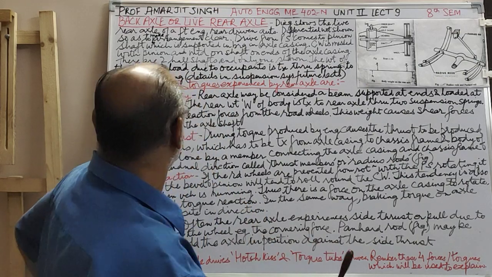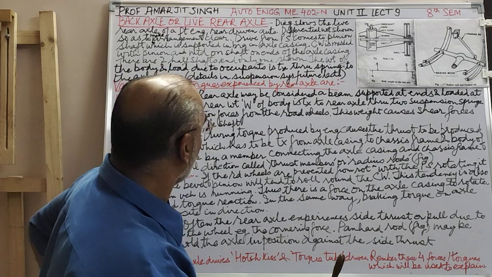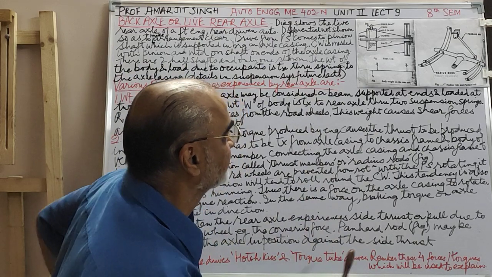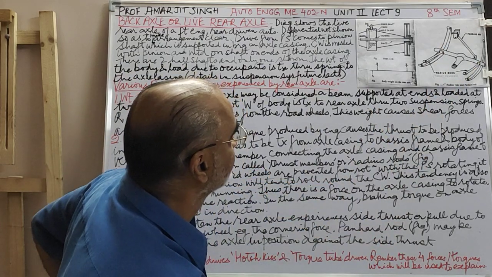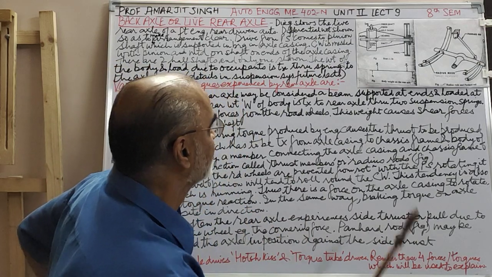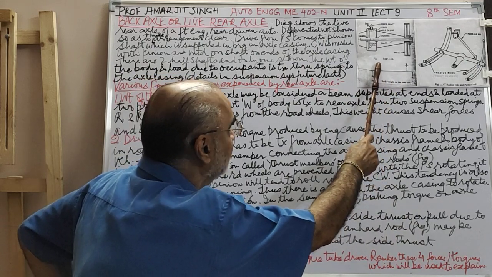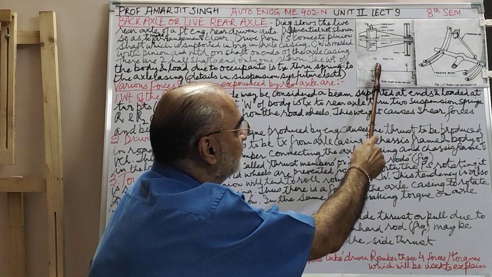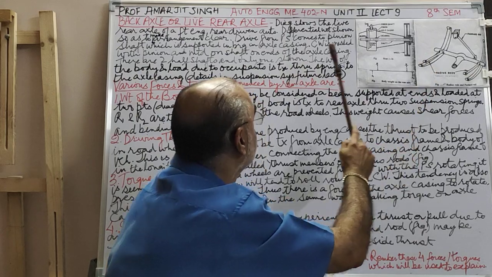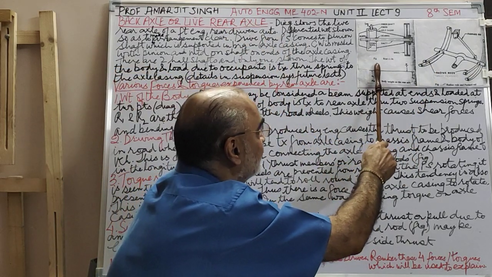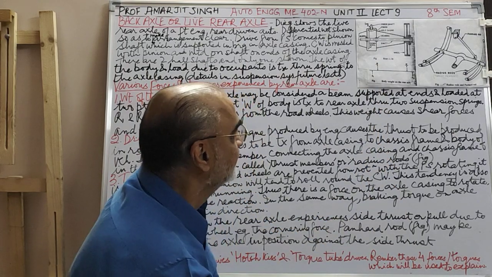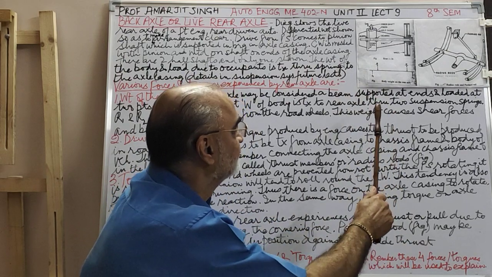Now, let us see the various forces and torques experienced by the rear axle. What are the various forces experienced by this axle? First is the weight of the body. As I mentioned, it comes through the spring to the axle. Now, we are talking about the rear axle drive. So if W is the weight of the vehicle, including the occupants who are sitting inside, the total gross weight of the vehicle running on the road.